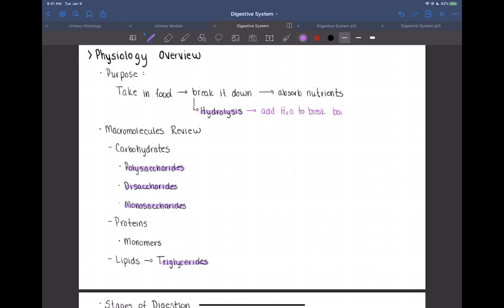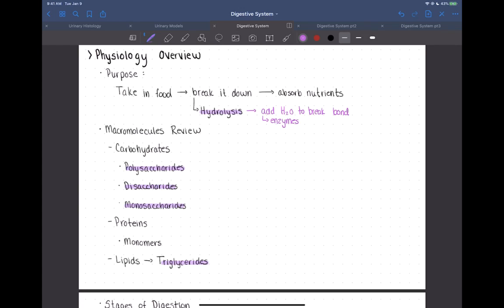And that primarily in the digestive system is going to be done by enzymes. Okay? All right, so enzymes being proteins that help to catalyze reactions, right? Make them go faster. There are going to be lots and lots of digestive enzymes that we're going to talk about with this chapter. Okay, so let's review really quick the different macromolecules you learned about in A&P 1,